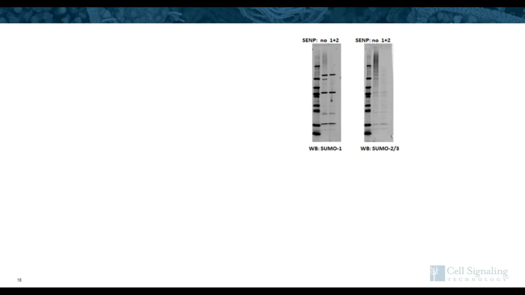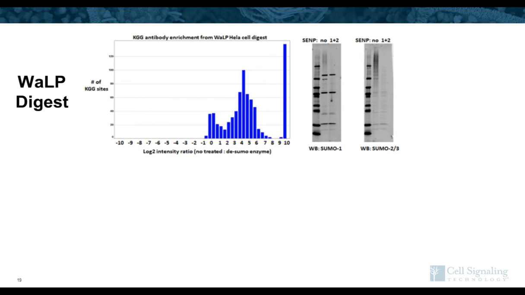We took some HeLa cells and left them untreated or treated with desuccinylases. And so these top two Western blots here with SUMO1 or SUMO2-3 antibodies. And what you can see is when you treat with those desuccinylases, the signal goes down in those blots. So we take these same samples, cut with the alpha-lytic protease, and run the mass spec. And what we see is basically all of the peptides are higher in the untreated sample than in the desuccinylase treated. Right? Everything is to the right of 0 in this histogram.